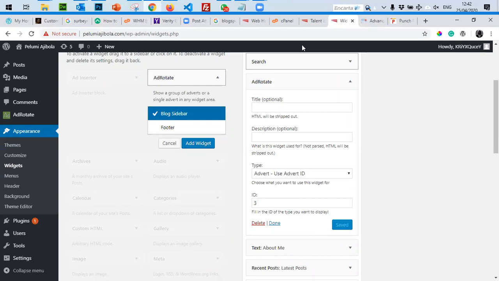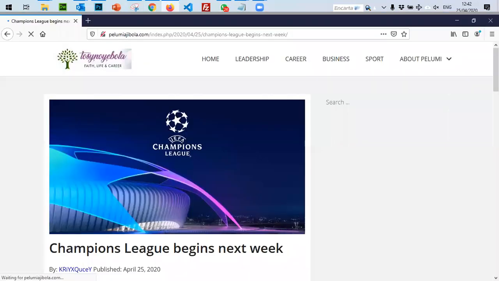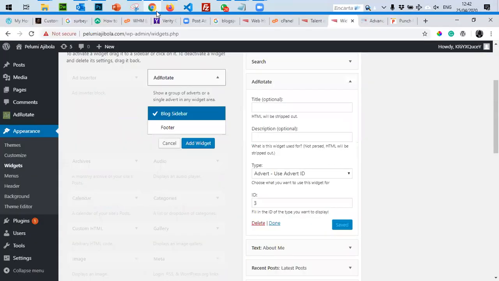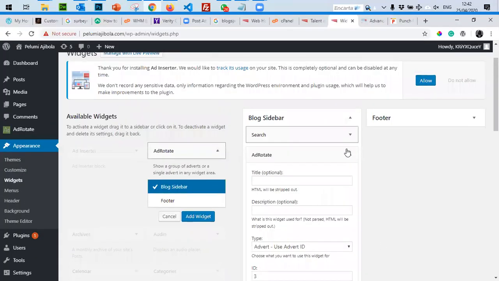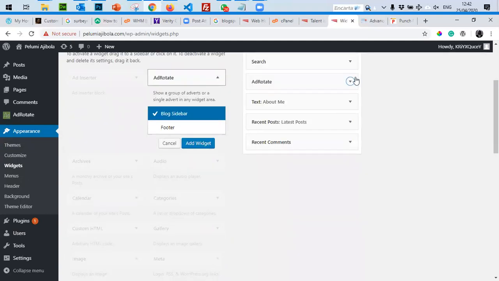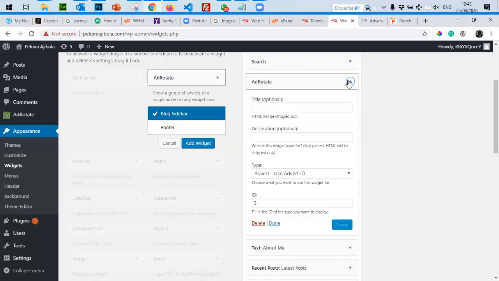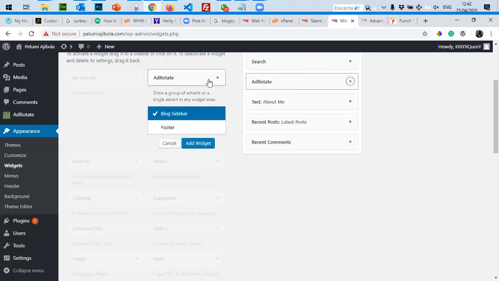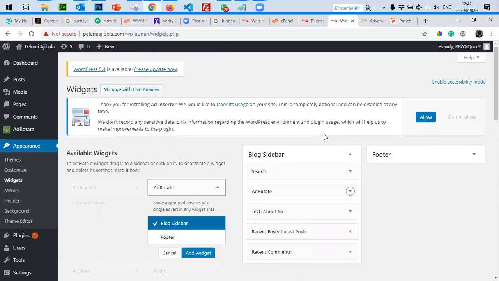Now, if I refresh the page, the advert ID is... Something is blocking the screen.